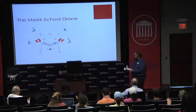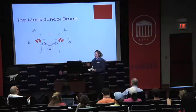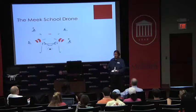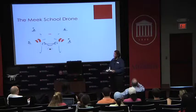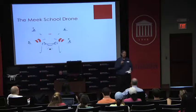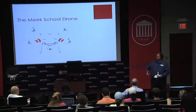Then once you get it taken off, and we're not going to actually take it off, we had discussed for this session possibly just setting it down here and showing you how to turn it all on, and then just firing it up and maybe going up a couple of feet. But it has a GPS sensor in it. And so when you take off from the ground outside, you actually...